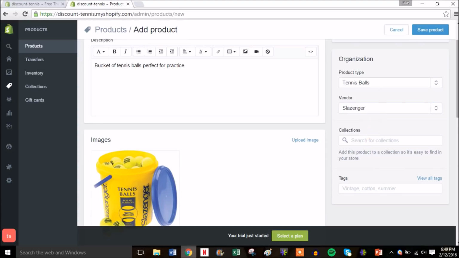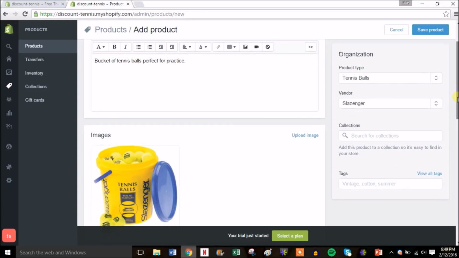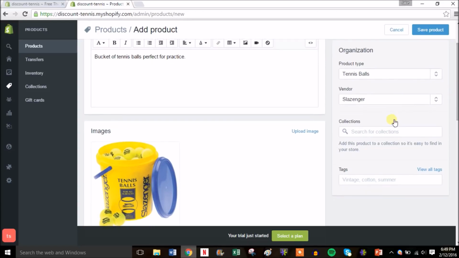And then collection. A collection is something like if you have a collection of rings or maybe a collection of necklaces, you can add them all to a collection, and the collection will show up separately on your Shopify page. And then tags. So this helps people find the products that they're looking for when they're searching through your website. So tags, tennis, balls,